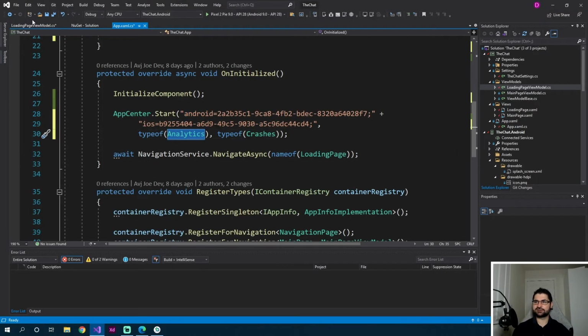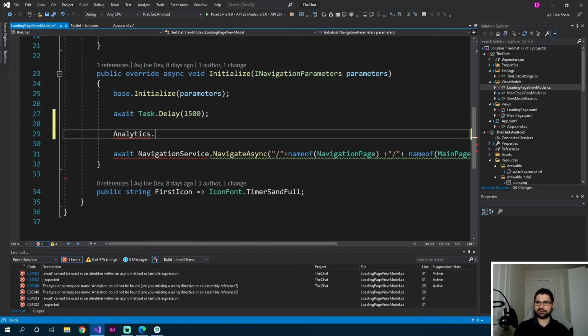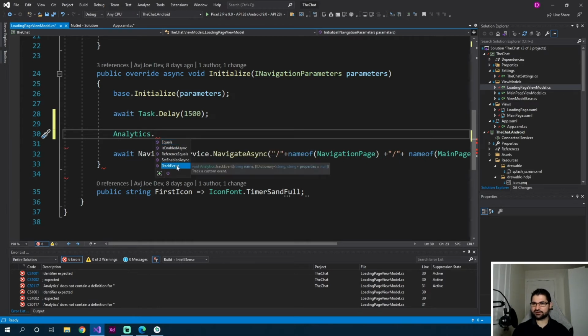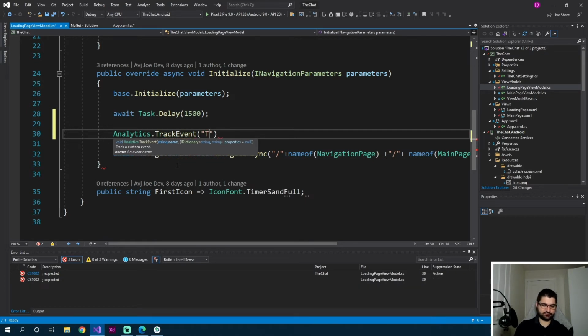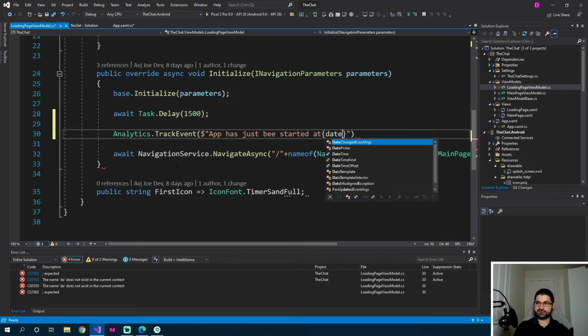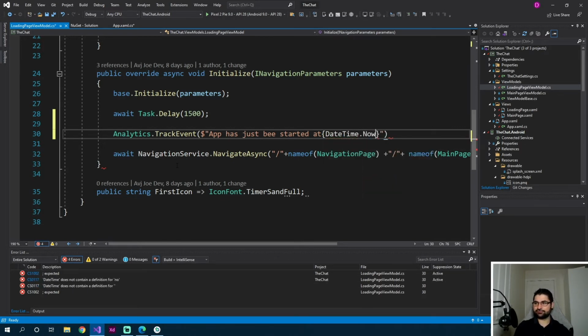So analytics, let's see, analytics dot track event. What is this? Let's see, app has just been started at, and we can just give it the date and time in here. So DateTime dot Now,